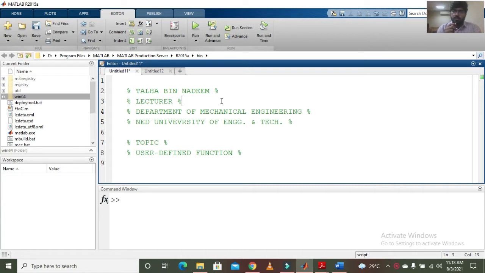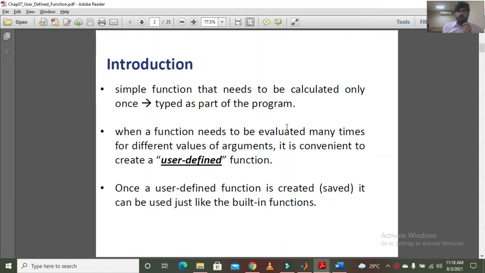This session is regarding user-defined functions. This will be the new topic which we are starting today. Basically, user-defined functions are functions in MATLAB which are not built in, but are functions which we make in order to reduce the repetition of some work in our